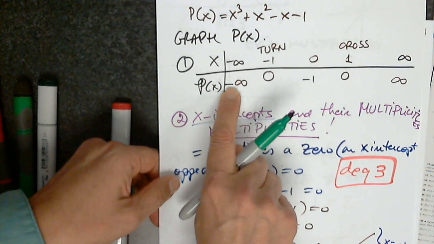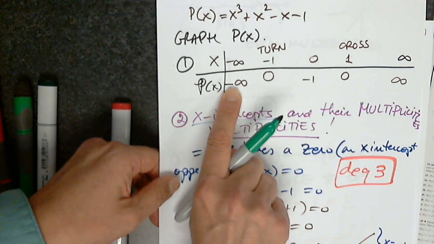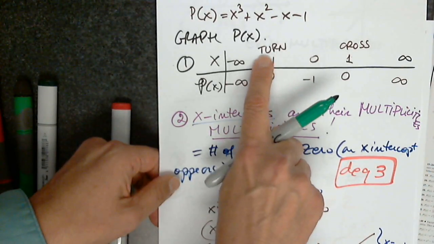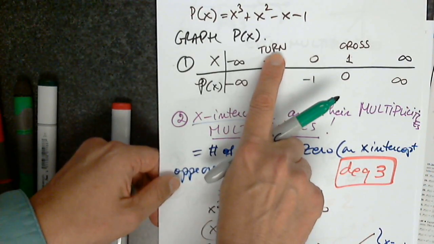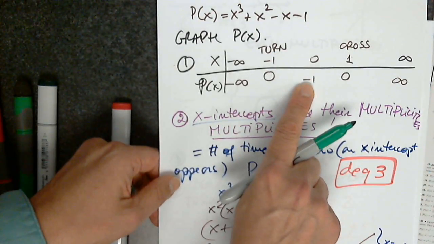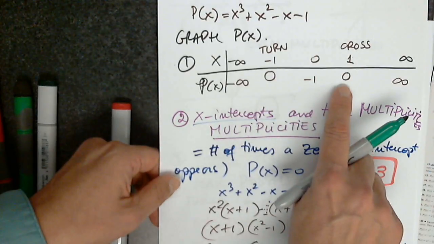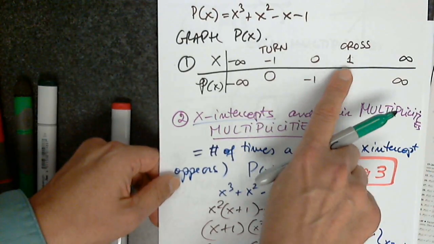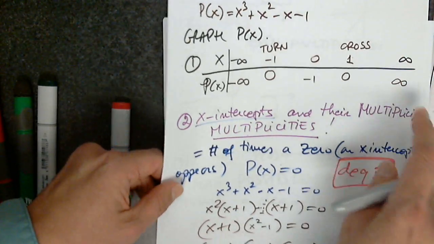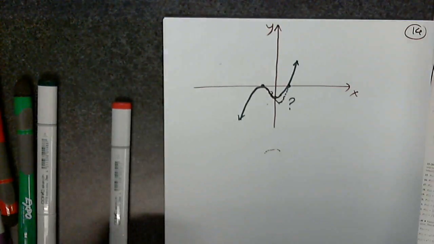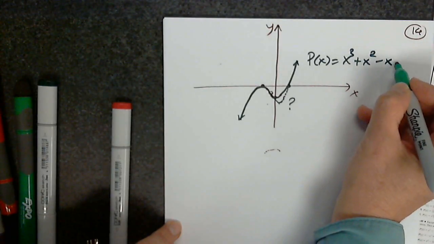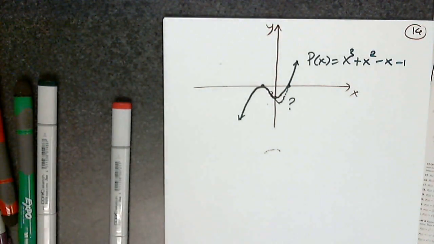The function is coming from negative infinity, and now we can graph it if you'd like. Coming from negative infinity, it's coming to this point, but I made myself a note. It's a turn. Then it crosses the y-axis at 0, negative 1. And then it has to turn somewhere because it comes back to 1 comma 0, crossing it and going up to infinity. So this is our function, p of x, which is x cubed plus x squared minus x minus 1. And now I'm ready to